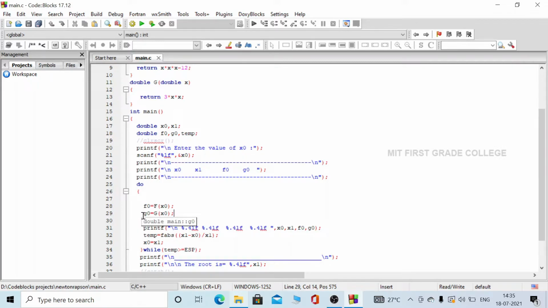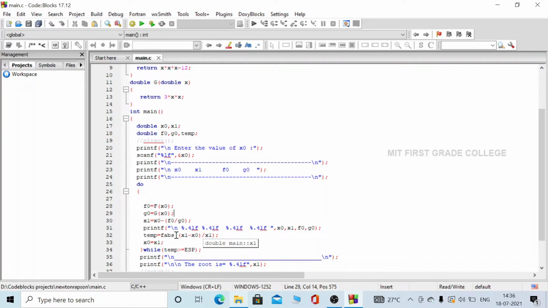Here you can see this set of statements, which prints a table where x naught, x1, f naught and g naught are printed. After that you can see temp is equal to fabs of x1 minus x naught divided by x1.